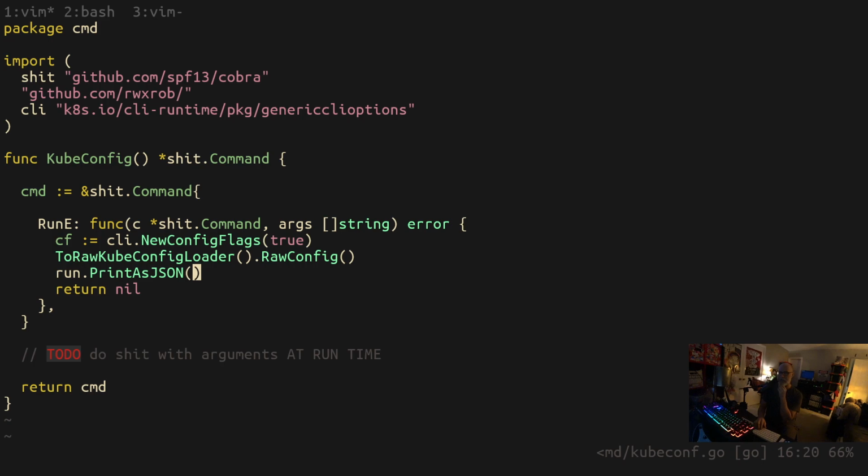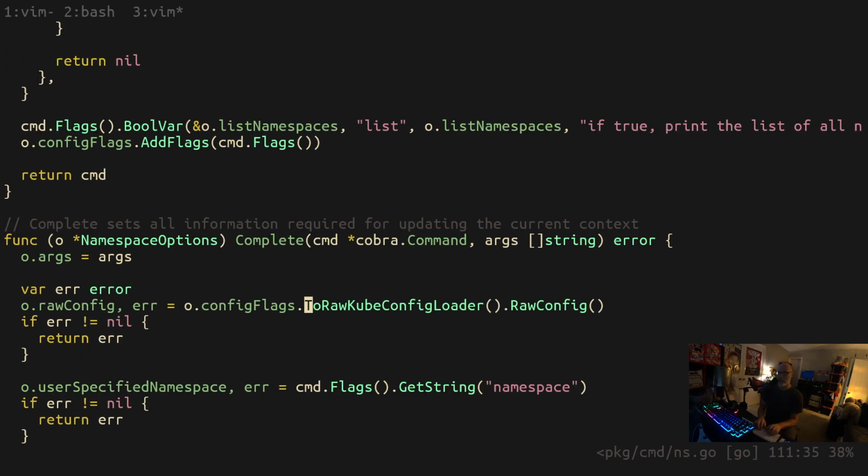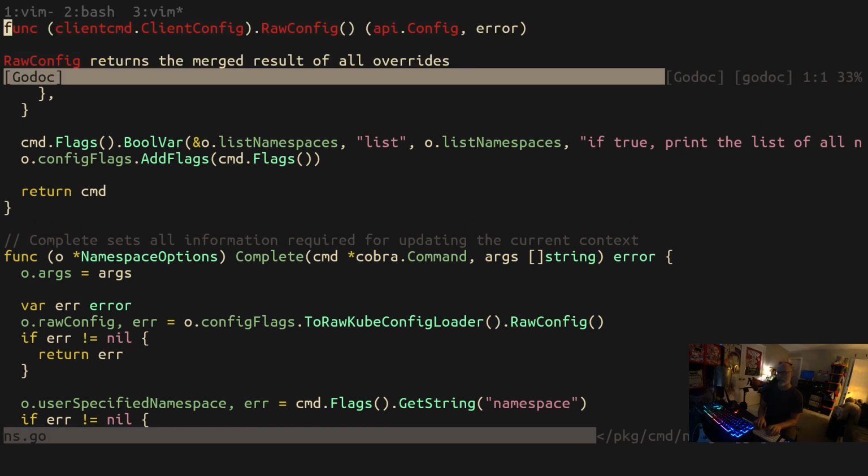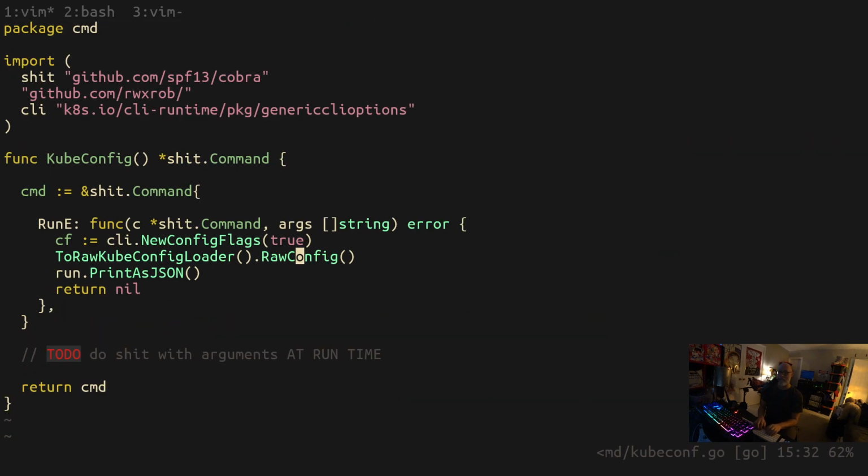Oh my God. It can't be that easy. It can't be that easy. What does raw config return? Raw config returns the API and a configurator, okay. All right, so let's do this. Let's say